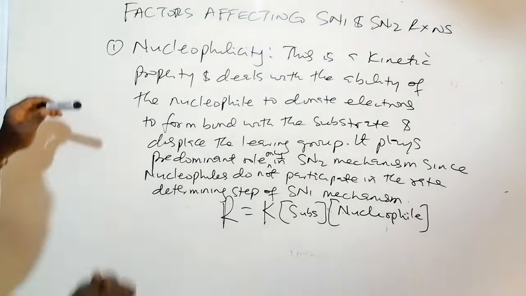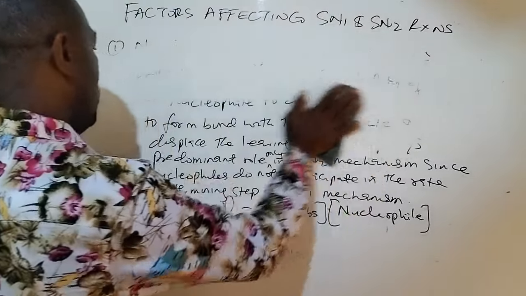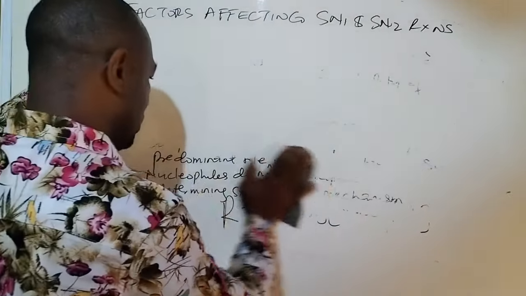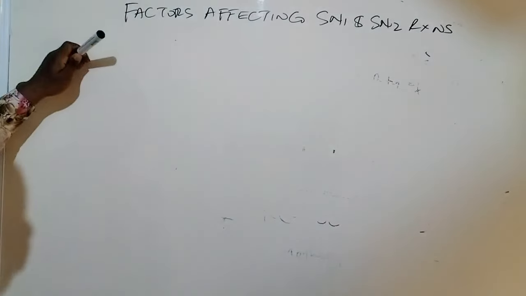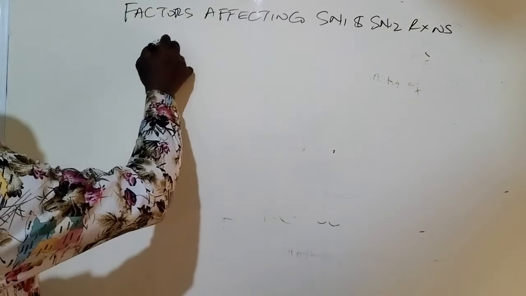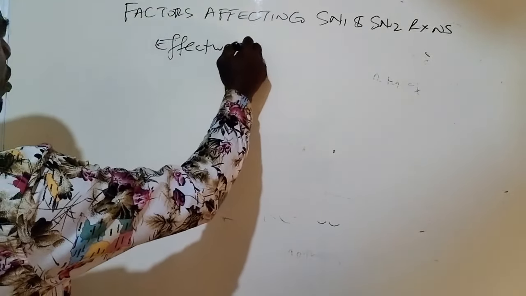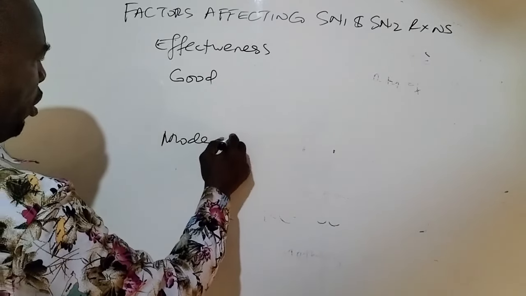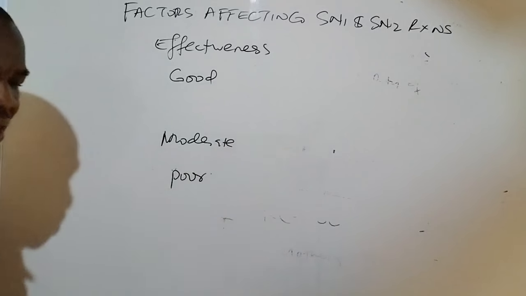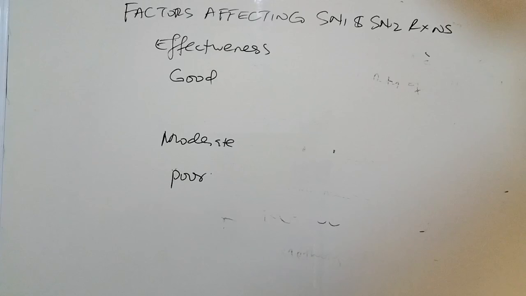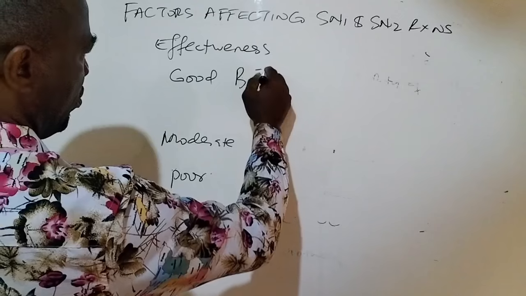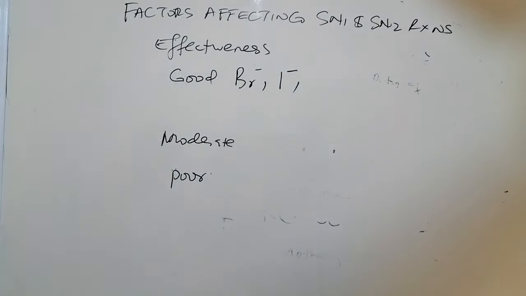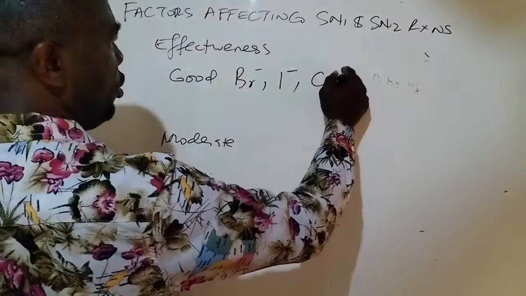In terms of effectiveness of nucleophiles to bond with the substrate or to displace the leaving group, we can classify nucleophiles into good, moderate, and poor nucleophiles. The better the nucleophile is, the faster it can displace a leaving group. The good nucleophiles include the halides: the bromide ion, the iodide ion. These are good nucleophiles. Also the methyl